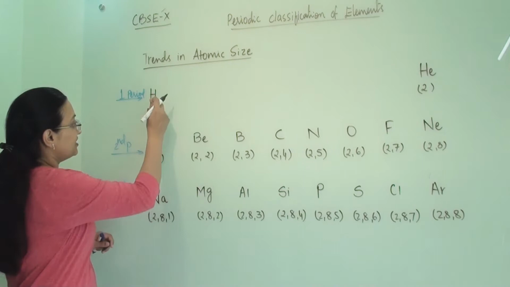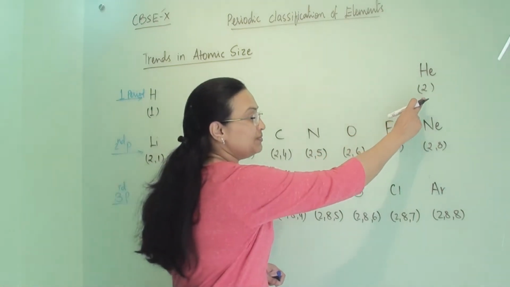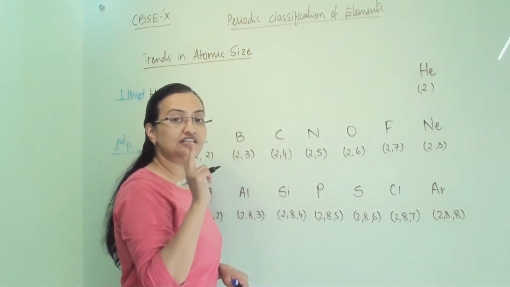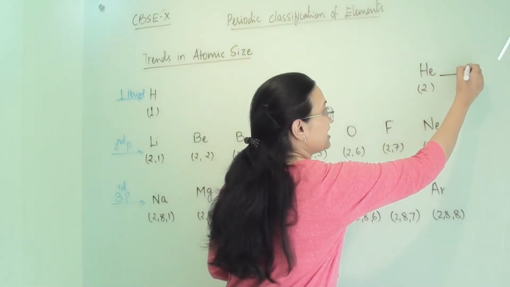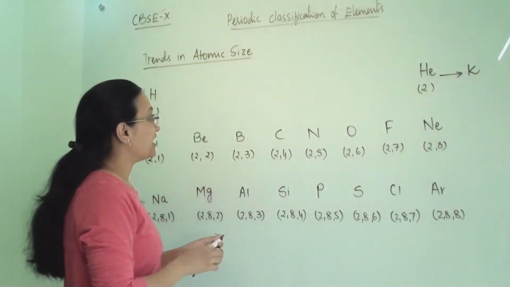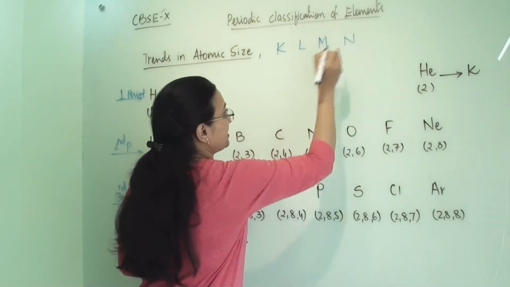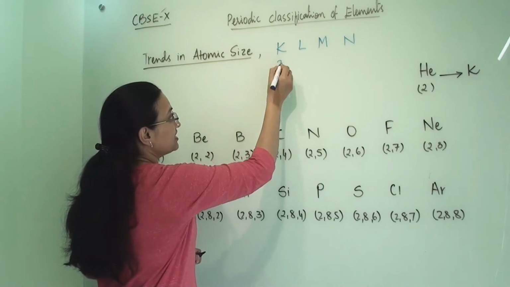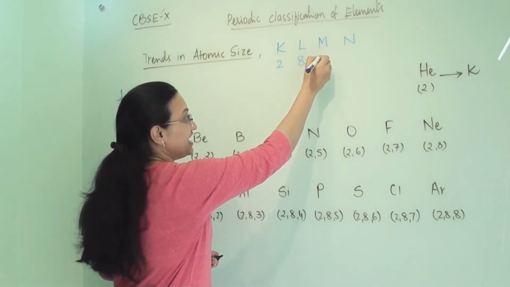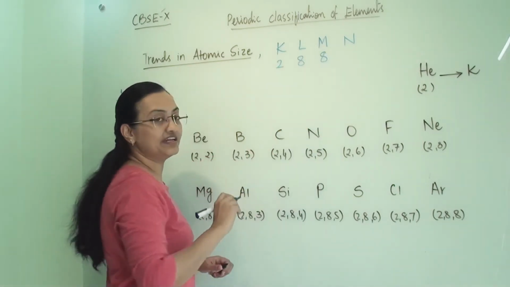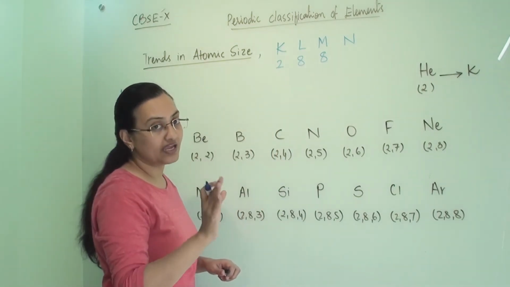So in the first period, one electron is there, that is for hydrogen, and that period will be completed with helium. So in the first period there are only 2 elements, hydrogen and helium, and with this our K shell is completely filled. We know that we have different shells, and what are their capacities? K shell's capacity is 2, L shell's capacity is 8, and M shell's capacity is 18, but we cannot put more than 8 electrons in the outermost shell. So in turn, in M shell we can put a maximum of 8 electrons.